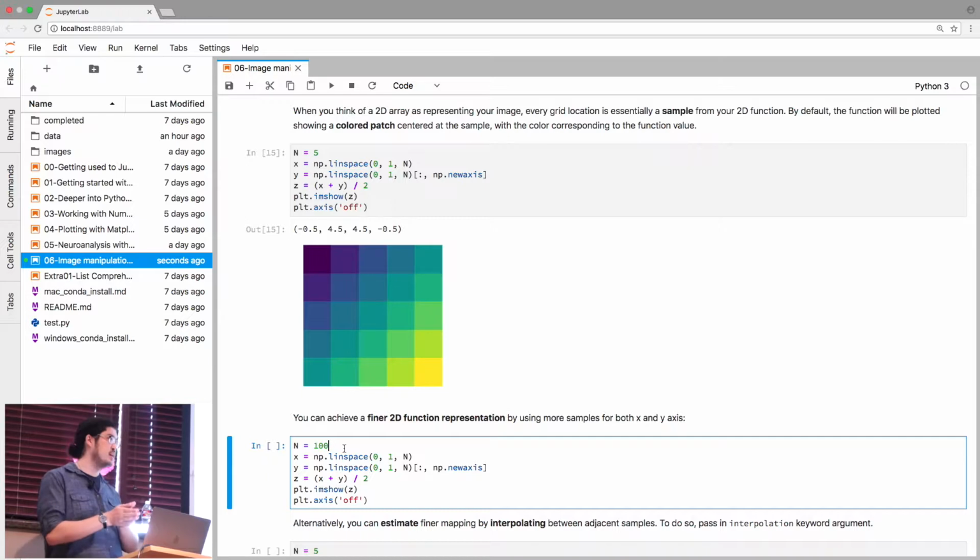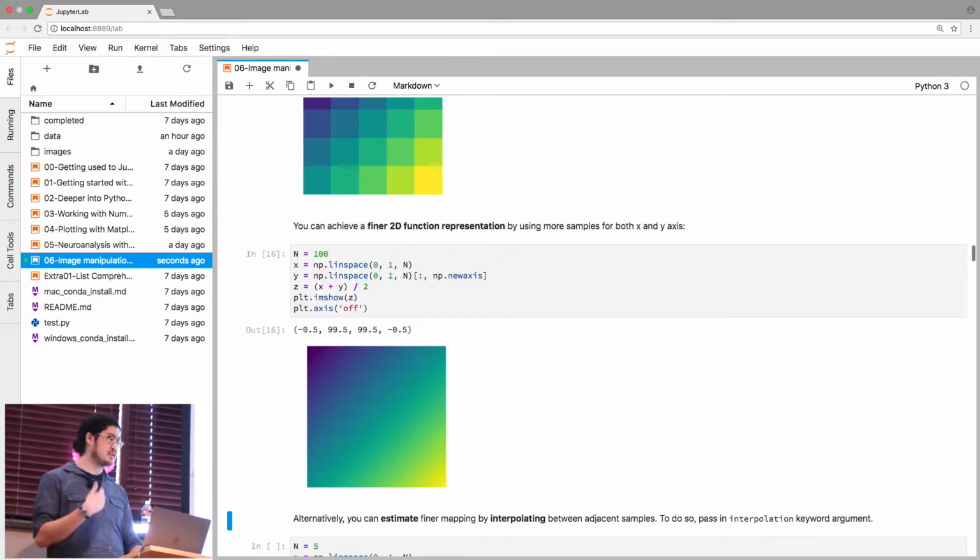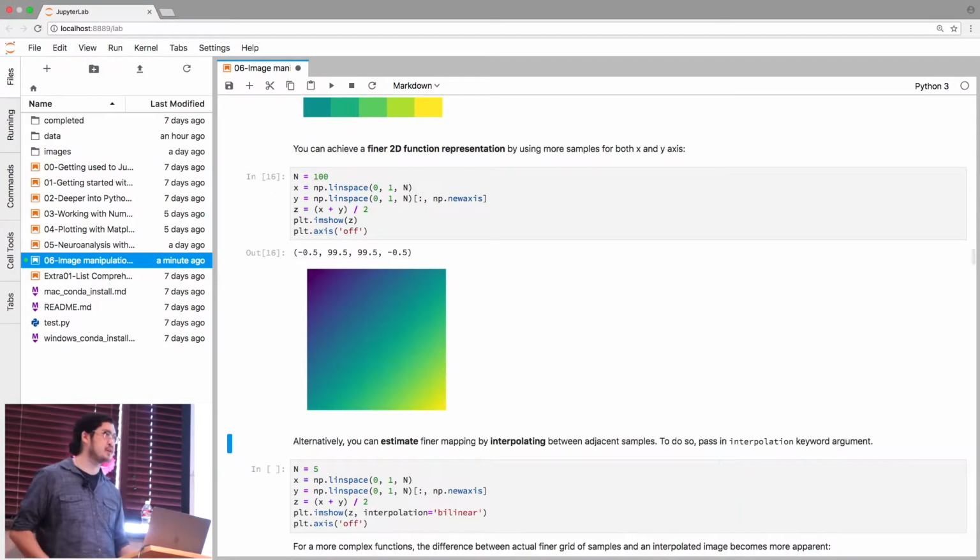So now I put way more samples between 0 and 1. And now if I generate a plot, this is a 100 by 100 image that looks far smoother. Okay, so this is one way to achieve a smooth plot. But there's another trick. If you have something that is low res, like the 5 by 5 image, you